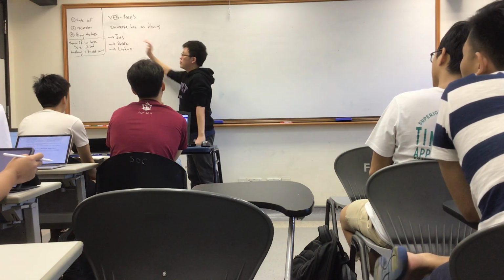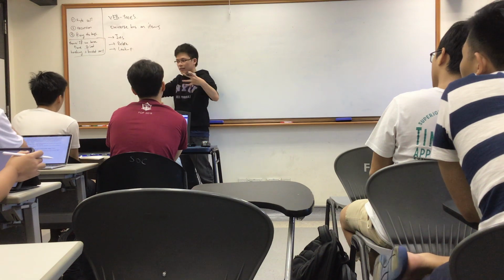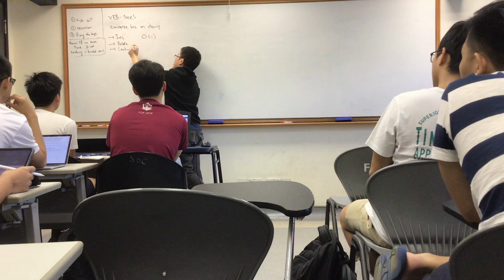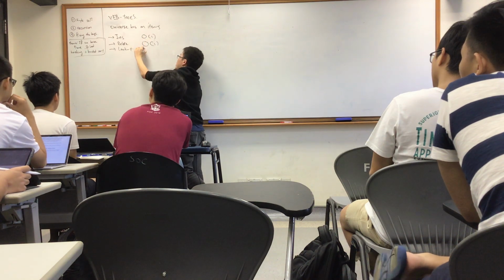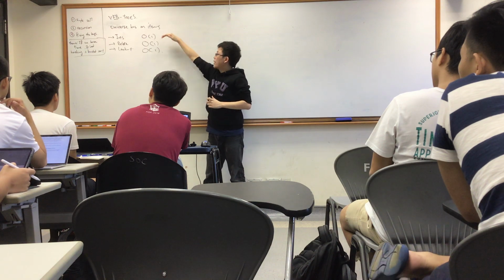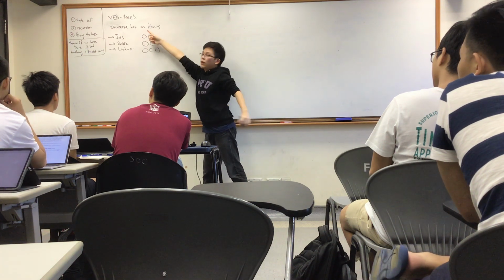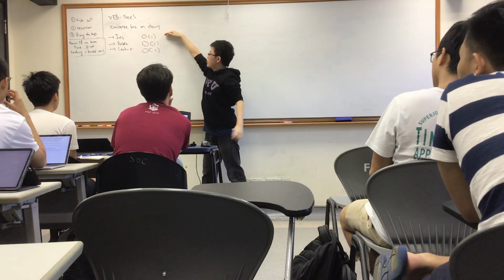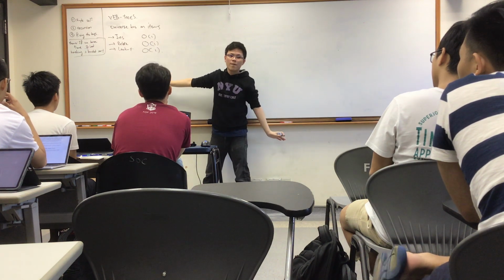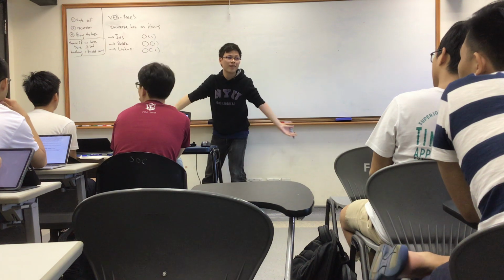I want you to design a data structure such that if I do insert, it runs in O(1) time. If I want to do delete, I want it to run in O(1) time. If I want to do lookup, I want you to do it in O(1) time. So again, given x, and I'm promised that x is one of the m items, I should be able to insert it, delete it, or look it up in O(1) time. What's the first thing you can think of?